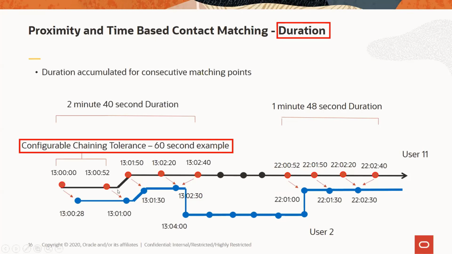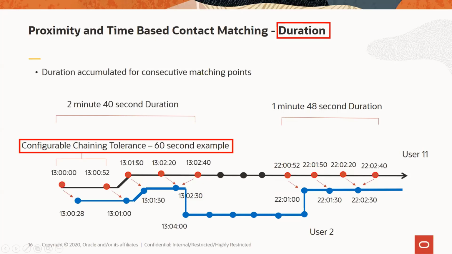So to start computing what's called duration, you need to have at least 2 consecutive points in what I call a chain, because you have to subtract the time of one point from the other point. Well, as you're doing that, look at these 2 points. They met each other at 1 p.m. and then there are these points down here, and then they met again at 10 p.m. I don't want to subtract the values of these 2 points because that would add a large amount of false duration. We need a break here, and it's going to create 2 different chains,